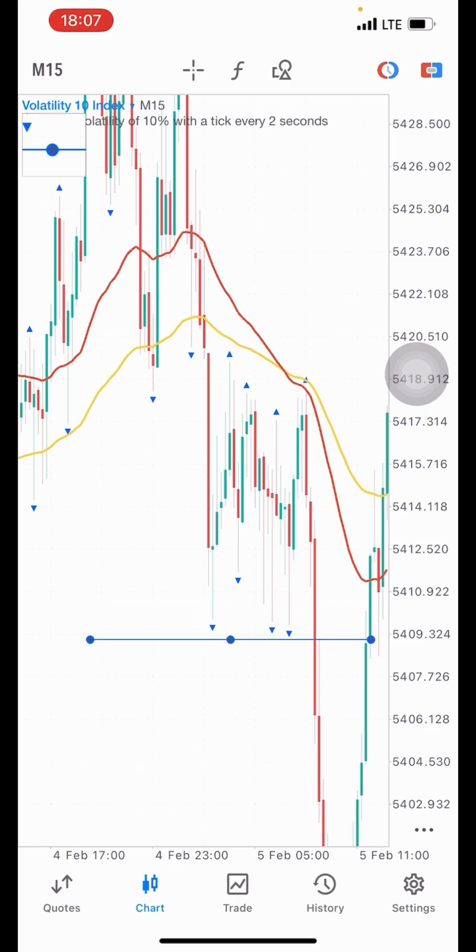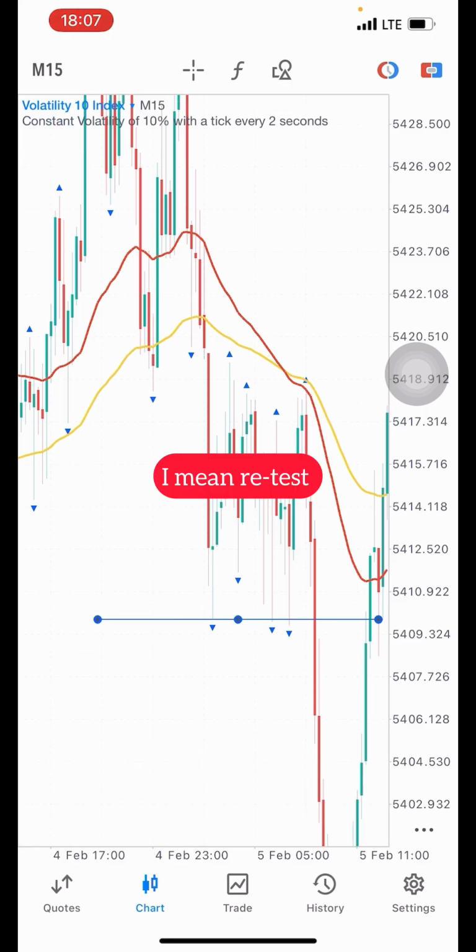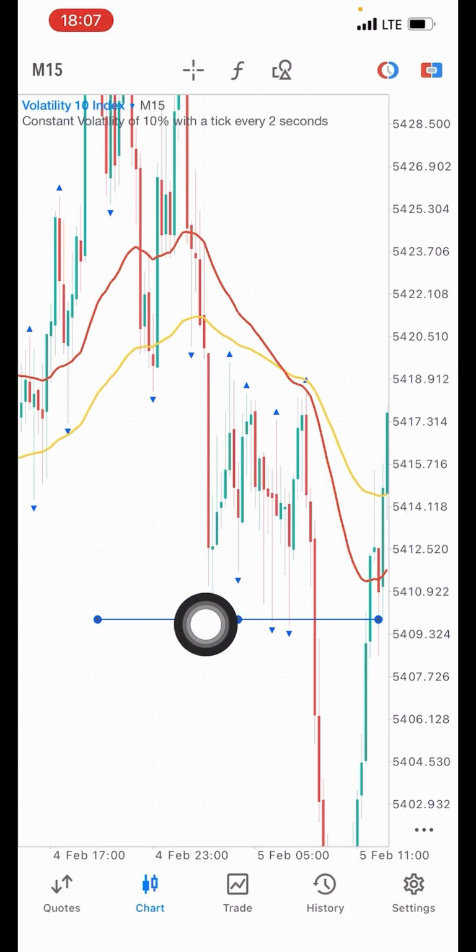All right, so when it's going back for a structure, what you want to wait for is for fractal to appear and confirm the structure for you. All right, so once you see a fractal, this arrow here appearing at the bottom of that structure, then you know that the structure has been confirmed. You mark it. So when price is coming back to break below it,